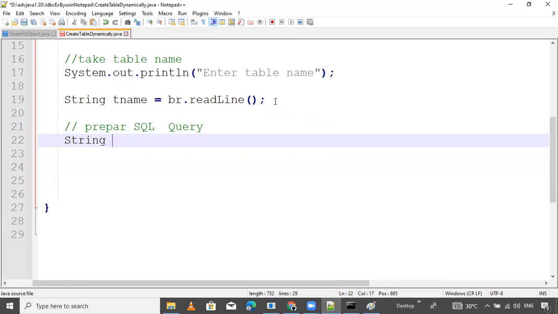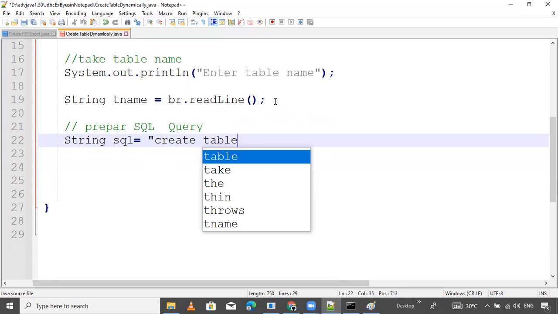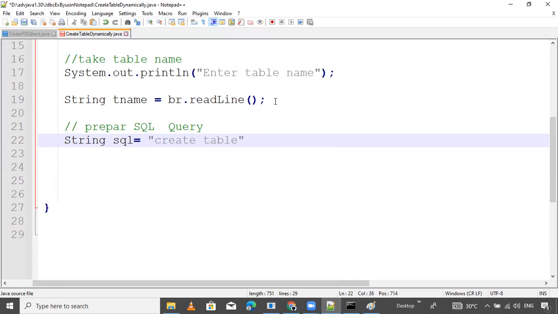So the SQL query, like createSQL equals to, this is the variable name. Create table, this is the common create table command. Which table? The table name variable.